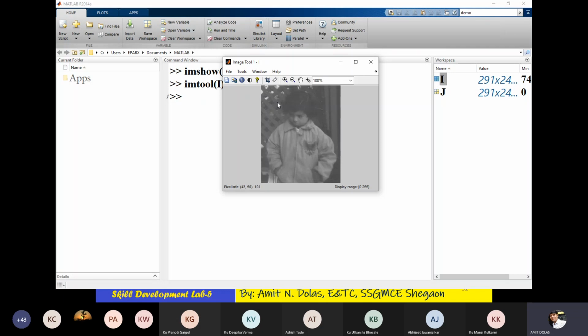I'll come to the dark portion, that is the hair of this young girl, and the minimum pixel value that we can get is around 80. Darkest, 72 was also found, 77. So it is a dark value of intensity. It has complete shades from 0 to 255. I'll come to some middle range somewhere on the sweater of this girl, about 150, around 130, 150, 140 is the intensity. Grayscale. So a total of 256 grayscales are available here.